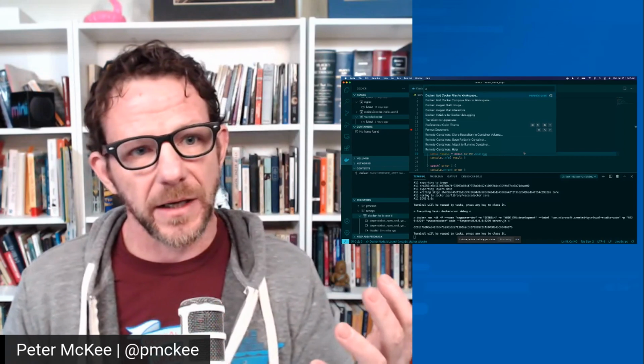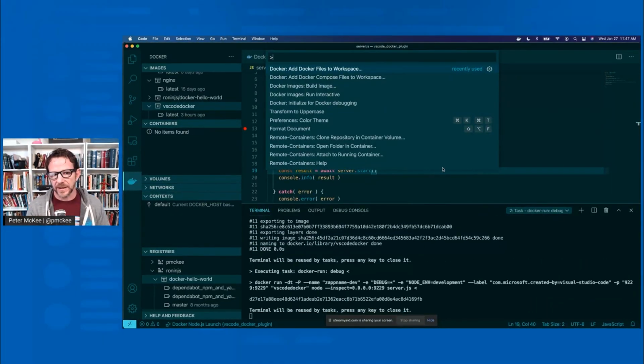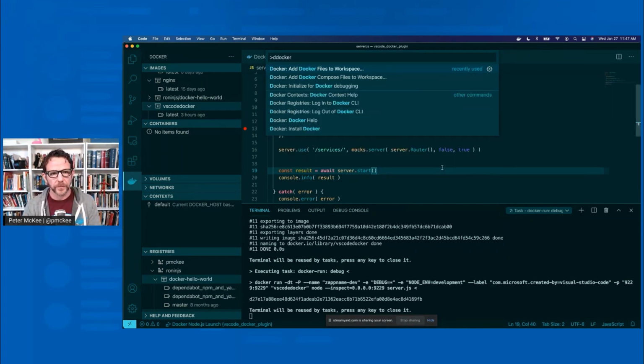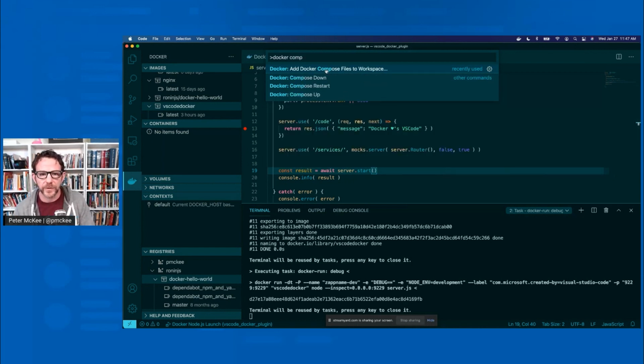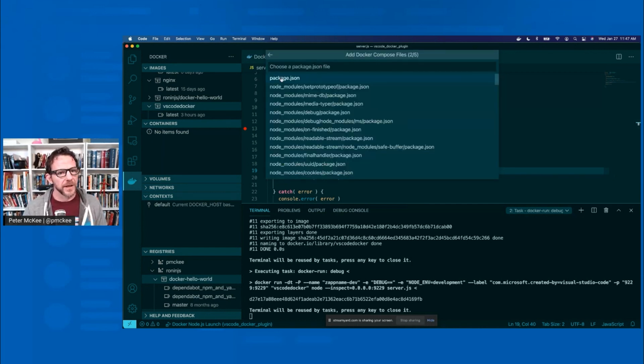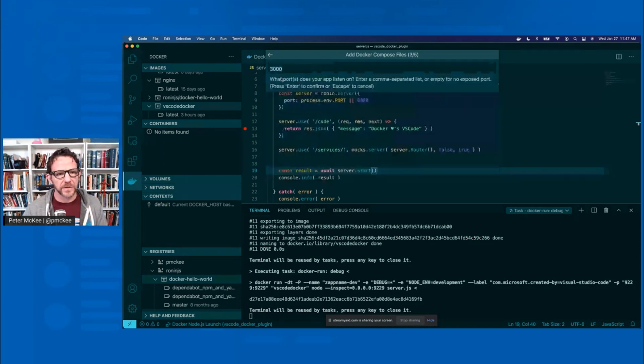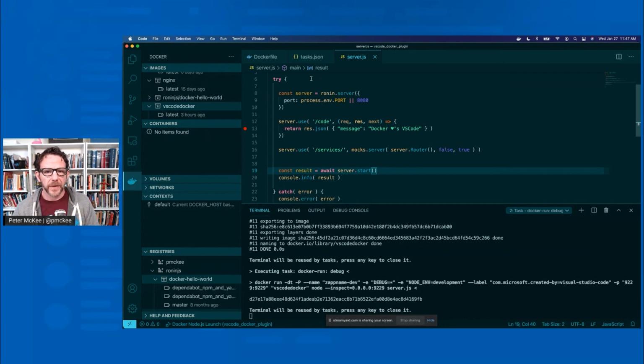So you can have, like we have right here, our REST API. And let's say we wanted to connect that into the database, we can add that in a compose file. So let's build a compose file real quick. So just do Docker compose and add a compose file to your workspace. Yes. And Node.js, some of the same questions, package JSON. We're running on port 8080. And it's going to run a bit.